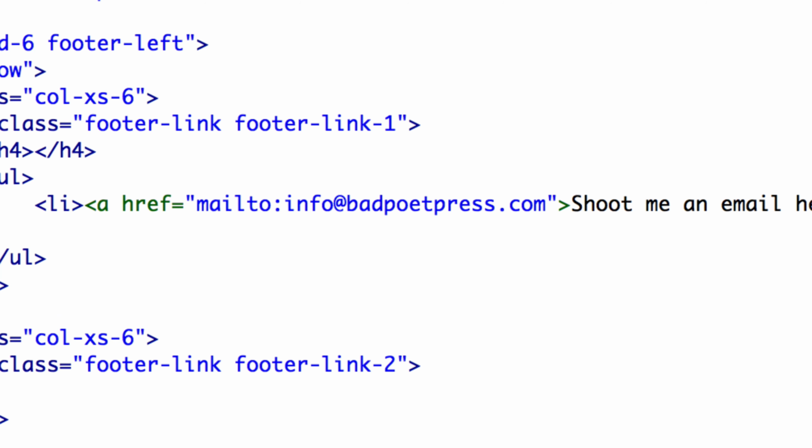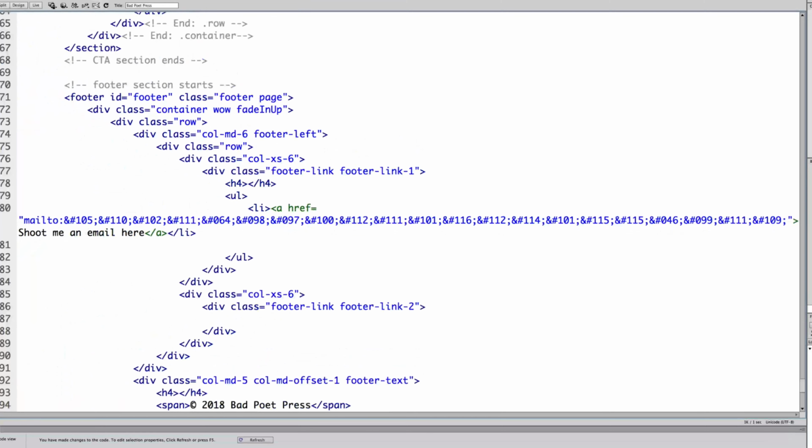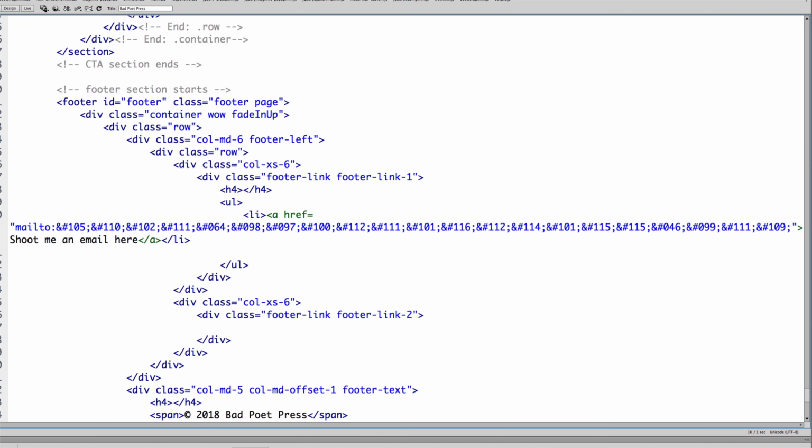So here in my website's code, instead of mailto and my email address looking like this, it would look like this. Of course, for site visitors, when they browse my actual website, they'll see whatever link I'd like them to see, such as "shoot me an email here." Now this isn't entirely spam safe either. Google's search engine and other advanced spam harvesting bots are able to re-encode this,